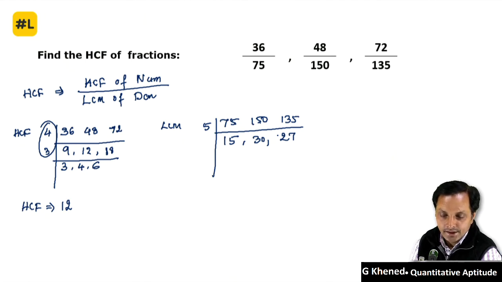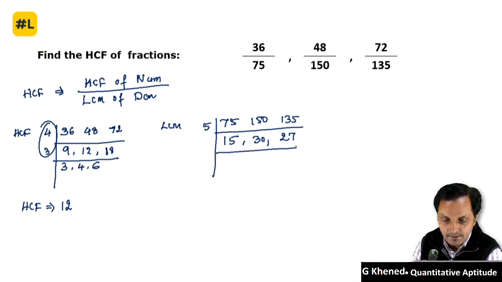Next 15, 30, 27, these are the numbers which will go in, you have to find the LCM of the denominator part. Okay, so these are the numbers will go in 3, 3 5s are 15, 3 10s are 30, 3 9s are 27